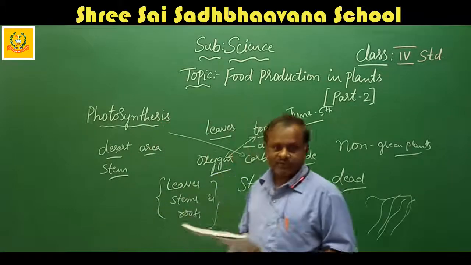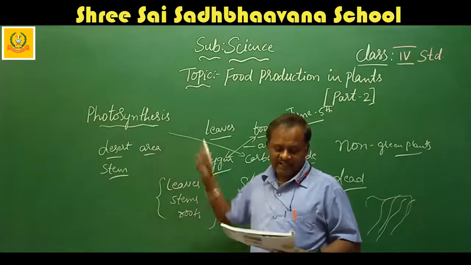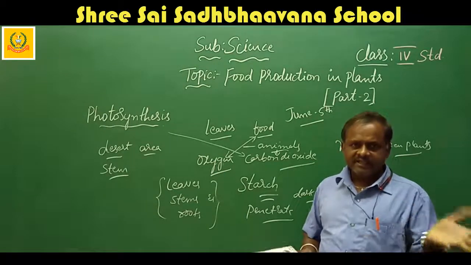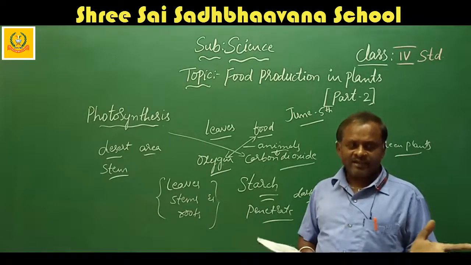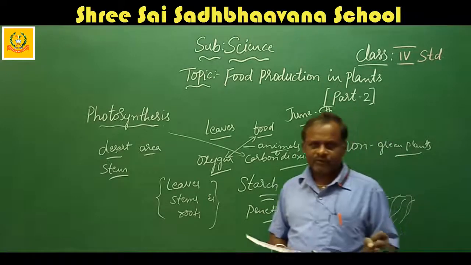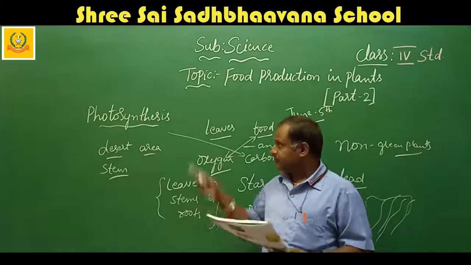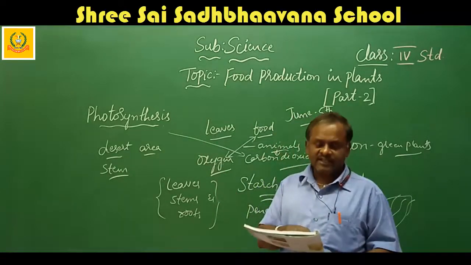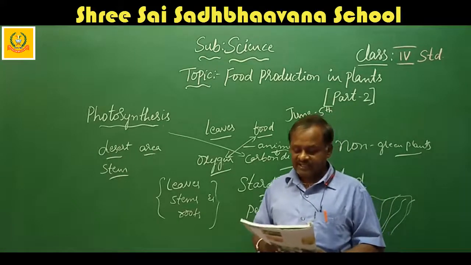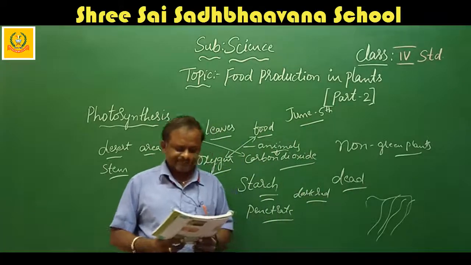So photosynthesis is a process by which green plants make their own food in the leaves. Plants and animals are equally important for each other because they are both interdependent on each other to maintain ecological balance. What do they need for photosynthesis? Plants need water, carbon dioxide, sunlight and chlorophyll. These are the necessary items for the process of photosynthesis.